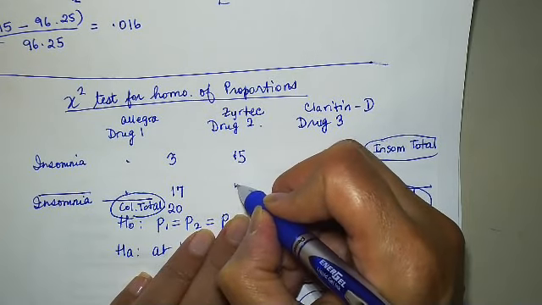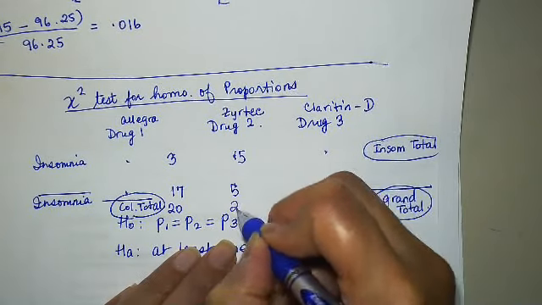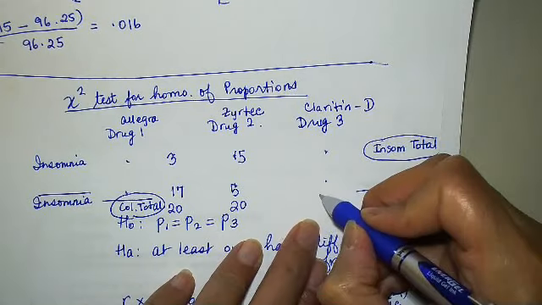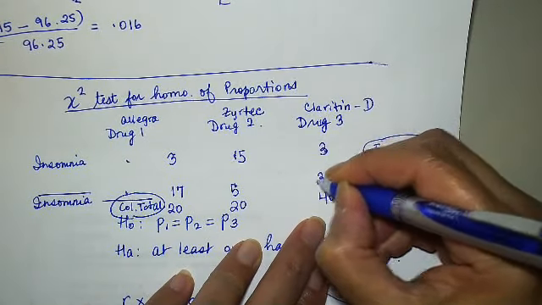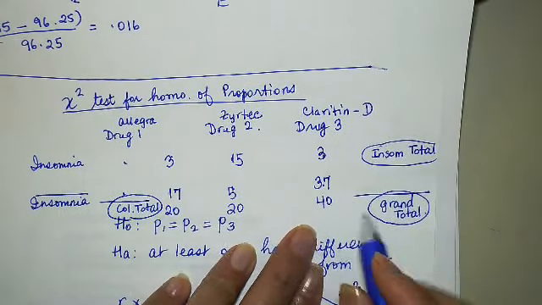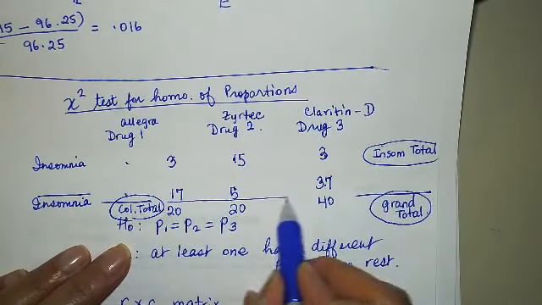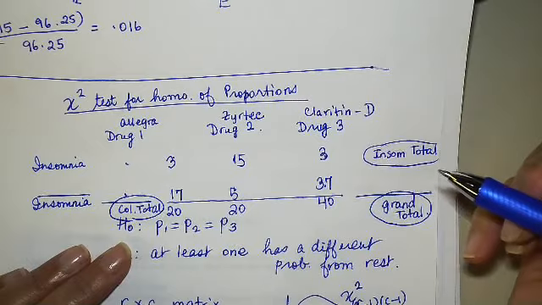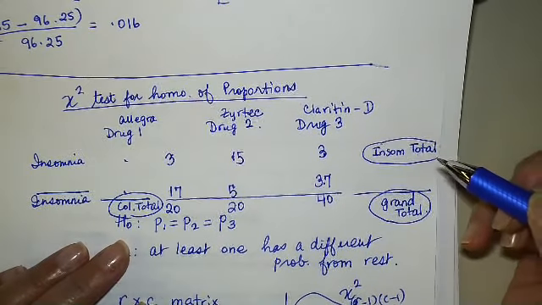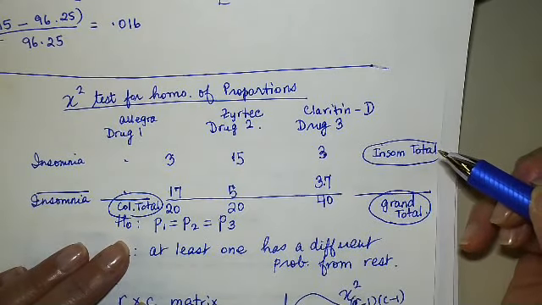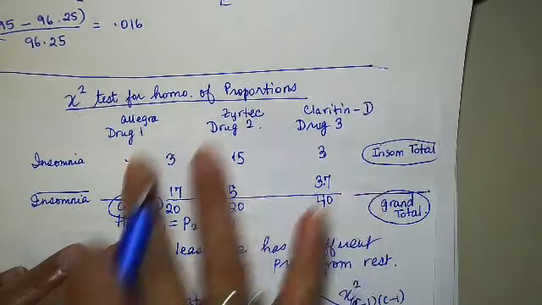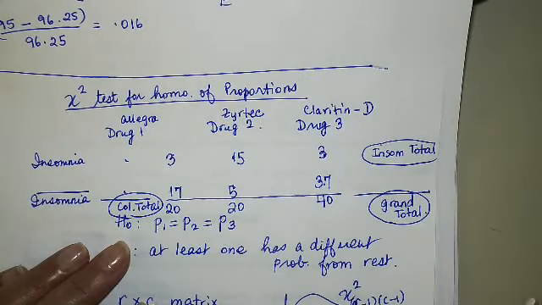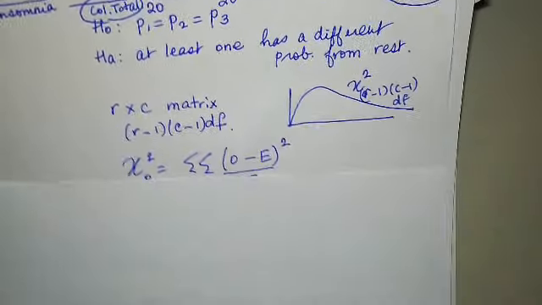So just as we were doing before, let me put some numbers in here just for kicks, right? Let's say that this column total is 20, and let's say that this is Allegra, so let's say 3 and 17. And for Zyrtec, let's say 15 and 5 and 20. These all don't have to be 20 though. I can make this 40. Claritin D is 3 and 37 out of 40 because